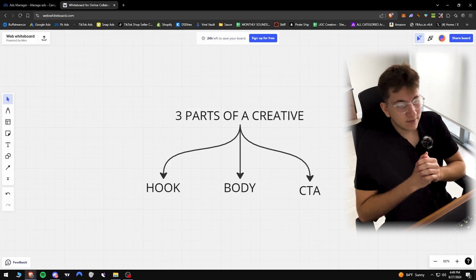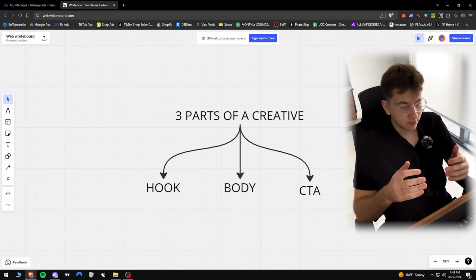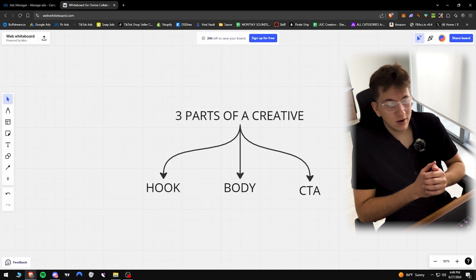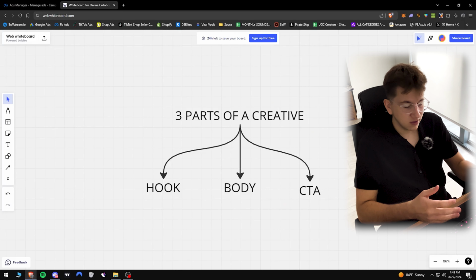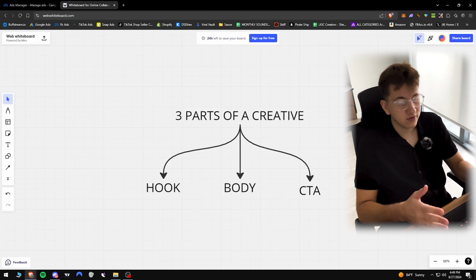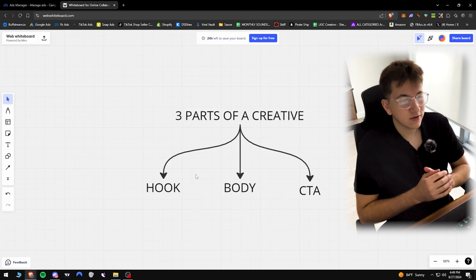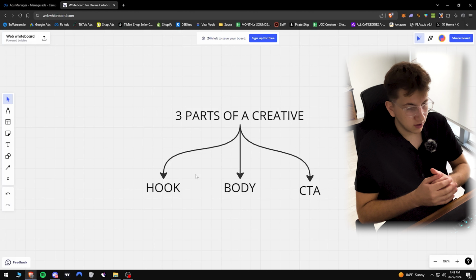Now the body is simply educating the viewer and showcasing your product. You can do this by doing a lot of before and afters, or someone using the product, or someone even being happy with the product in their hand. Now finally the CTA, which is also another pretty important part, is basically redirecting the viewer from the video to your website. So now since we got the three fundamental parts of a creative done, let's head on to